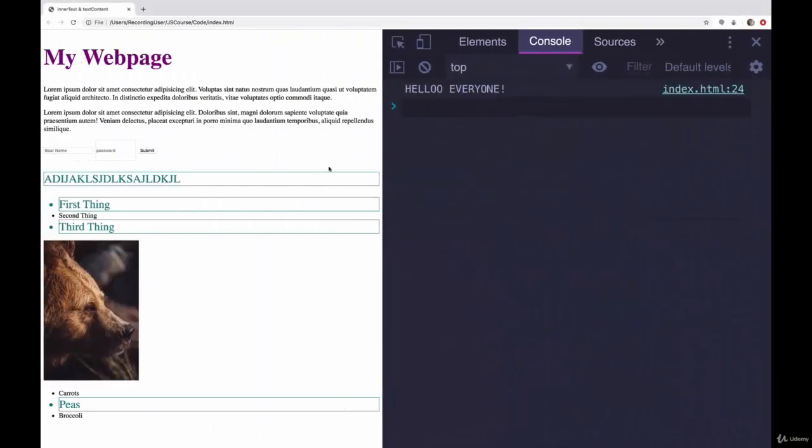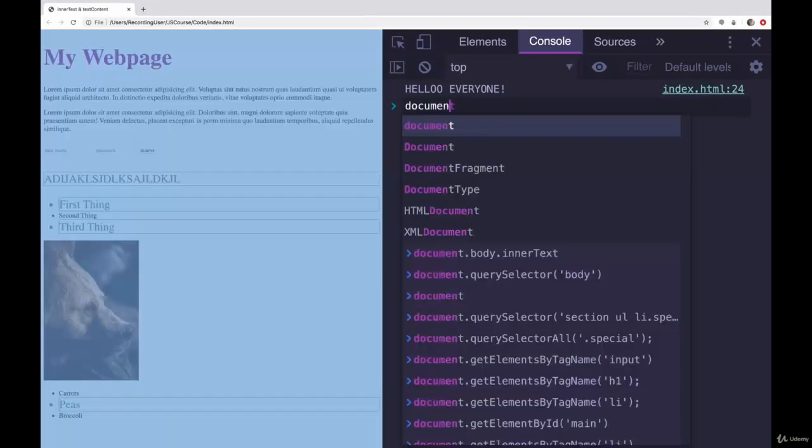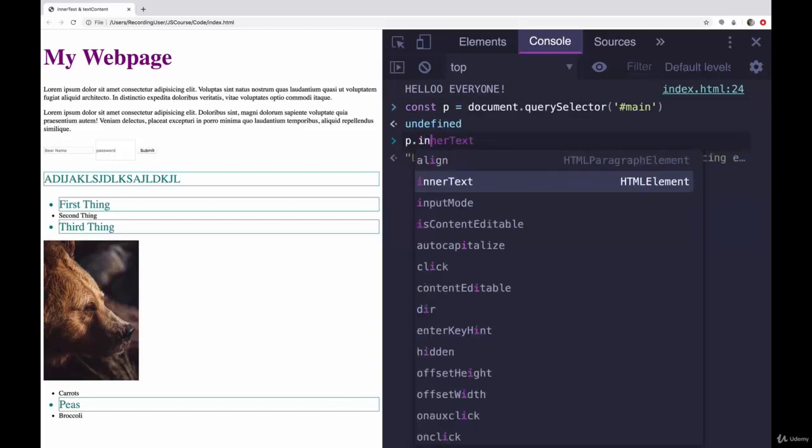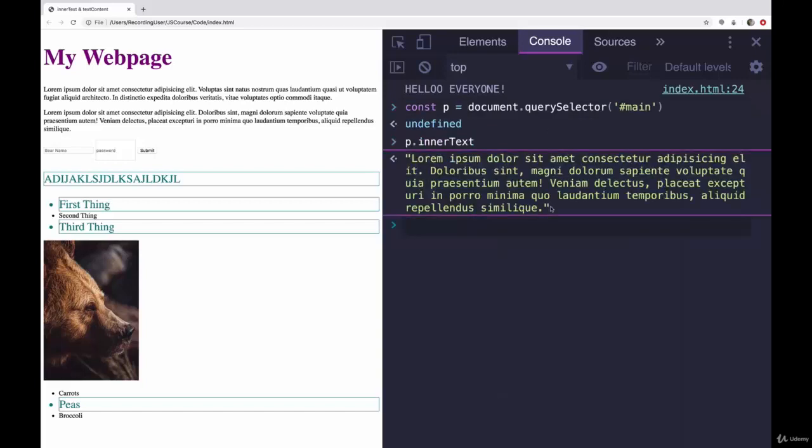Let's refresh the page. Let's select that paragraph. Here's our console.log. Hello, everyone. So we'll do a document.querySelector of the ID of main. We could also do getElementById. Save this to a variable. I'll call it p. And let's look at p.innerText. Okay, so it's purely the text, no formatting. We don't get anything about that script. It's just the text. Now, if we look at p.textContent,